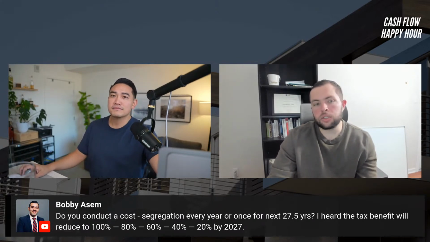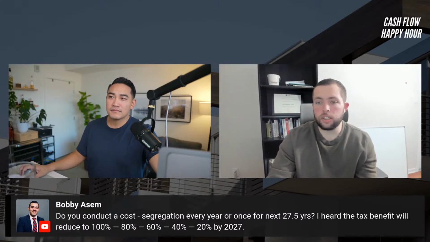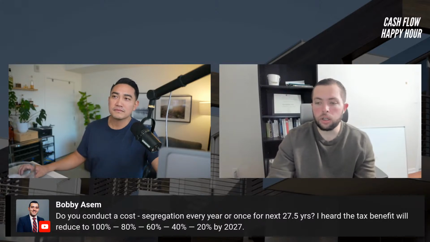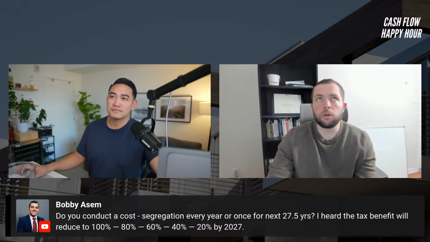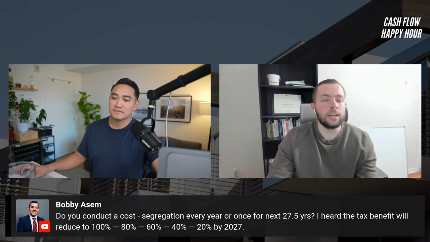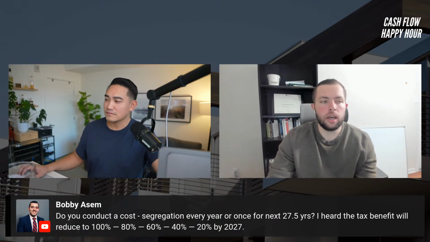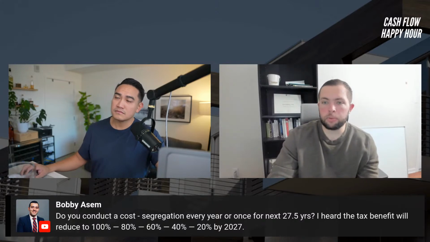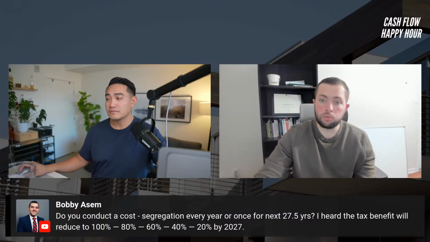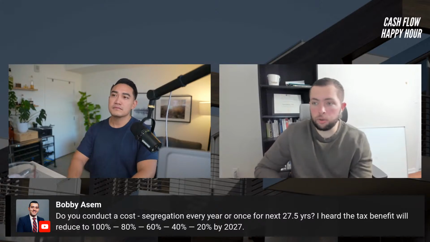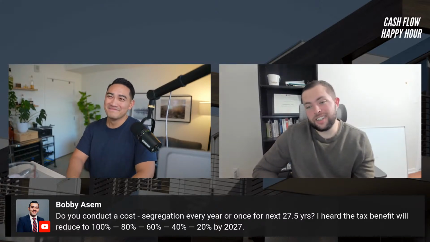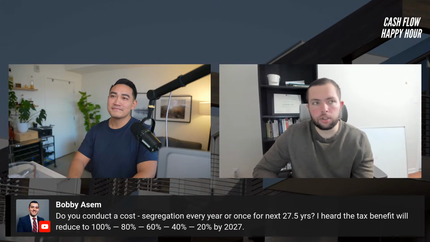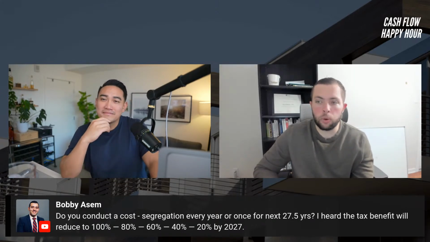Yeah, so it's doing what's called sunsetting. It slowly fades out over time until ultimately by 2027 it goes down to 20 or 0. The idea, at least personally, is that if our economy looms recession, one of the things the government can do to incentivize people to build and hire and do more stuff is to keep the gravy train rolling, so not let it expire. So there's a good chance it could keep going, but we don't know.